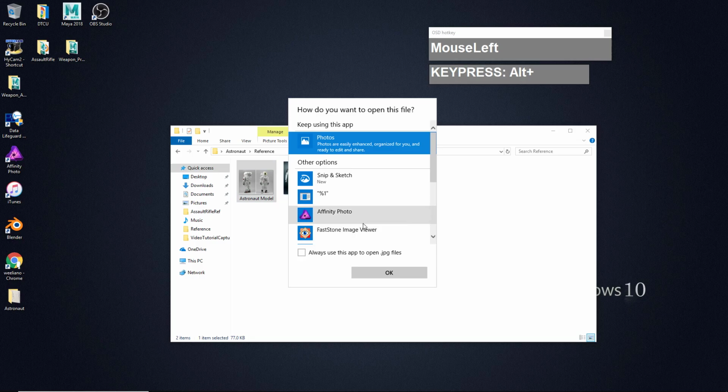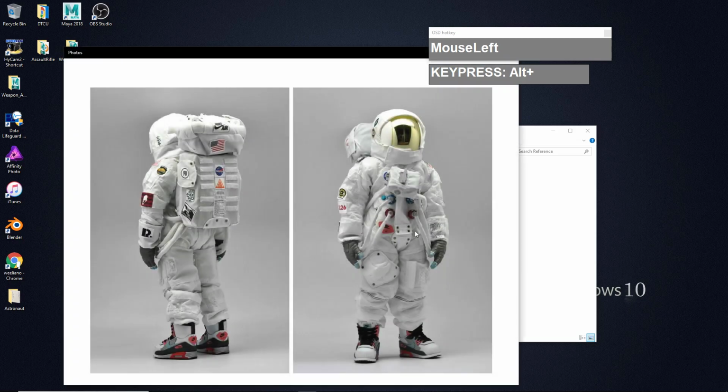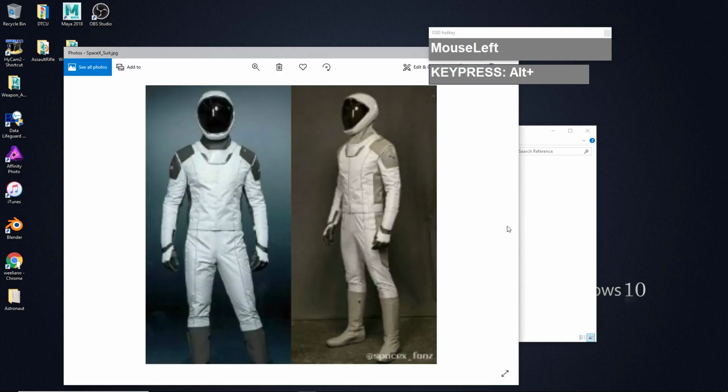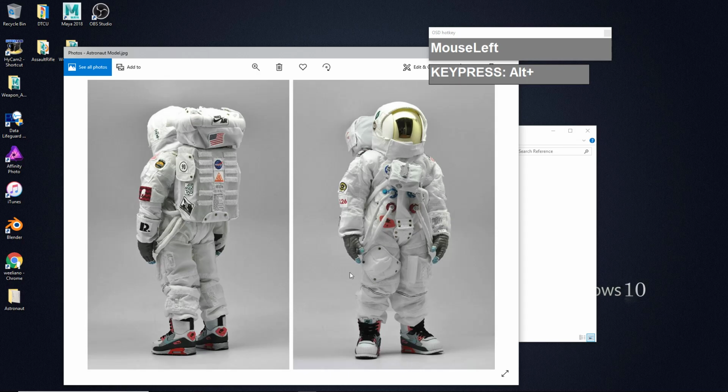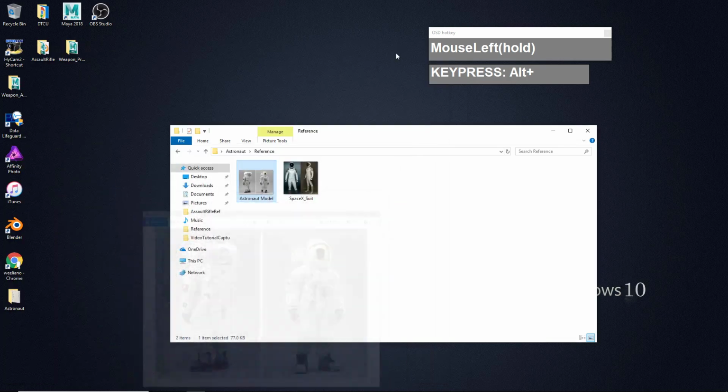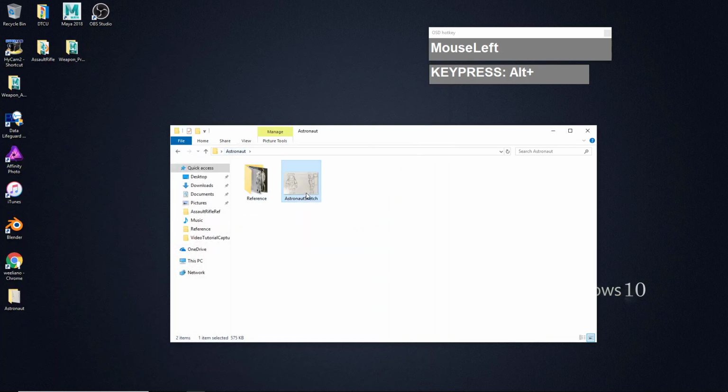So these are a couple of images that I found on the internet. And of course, we're not going to model something that is so realistic, even though we can. I'm going to model something that is geared towards this character here, and I've produced a sketch to help me